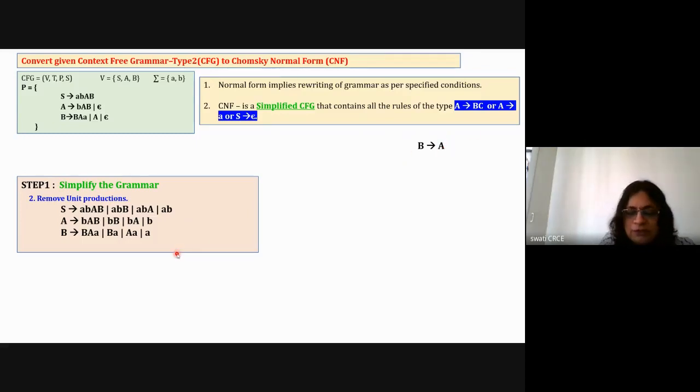Okay. So with this removal, I am going to write that down here. Whatever is there in A is written for B also, and this rule is discarded from the set. Okay, so this is removed. Now my new production set is this. Now this is the input to the next step. There is only one unit production in my set, so there is no other unit production. So this step is over. The removal is done now.